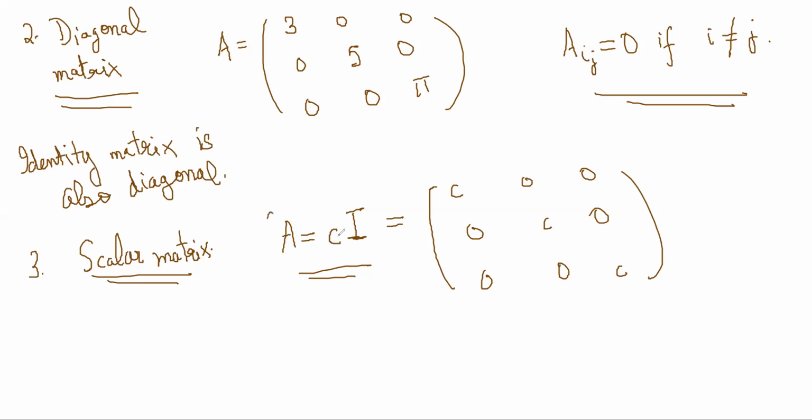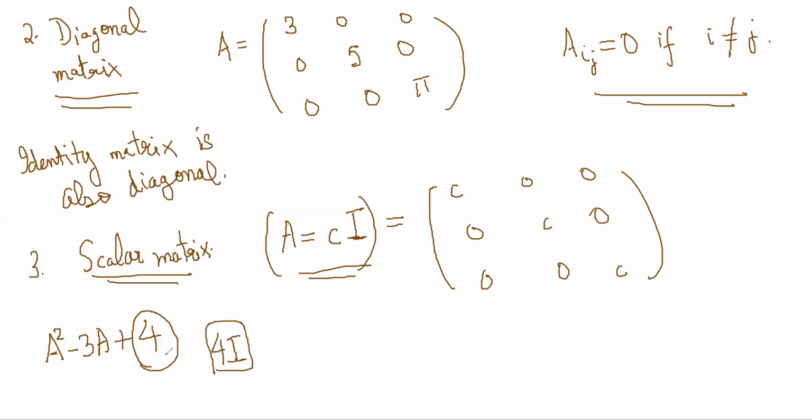Why are we defining a special matrix for this? Because many times, at least in one specific case, you have a situation where you have a polynomial in matrices. Then this matrix will be written as actually 4I, and that will be a scalar matrix. We'll see that soon, when we do the Cayley-Hamilton theorem, we'll realize what is happening. But right now, you just know the definition of a scalar matrix is this. It's a multiple of the identity matrix.